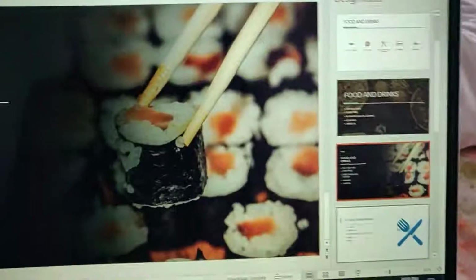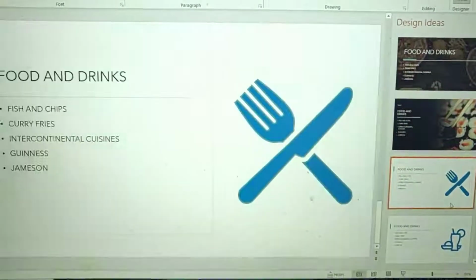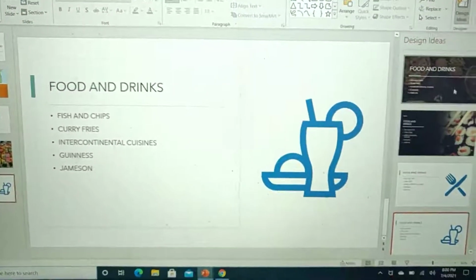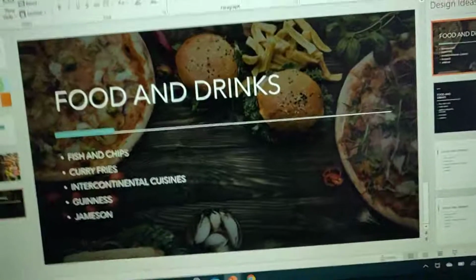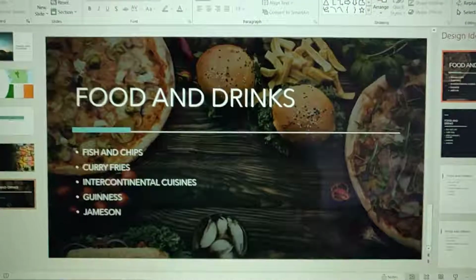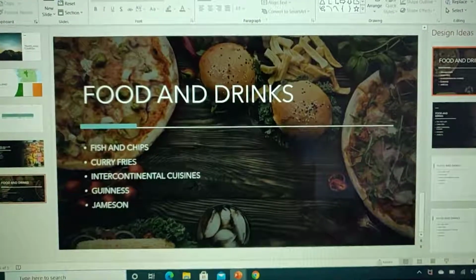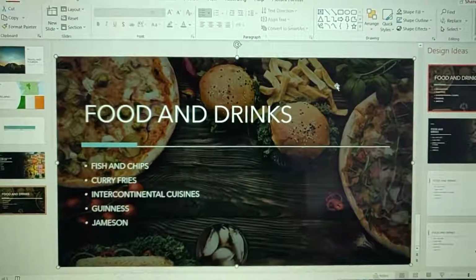If you keep scrolling down, you have different symbols for food and for drinks. So this is how you can get creative with PowerPoint, and you can keep adding pictures according to the content that you wish to add. Even if you don't like the image, what you can do